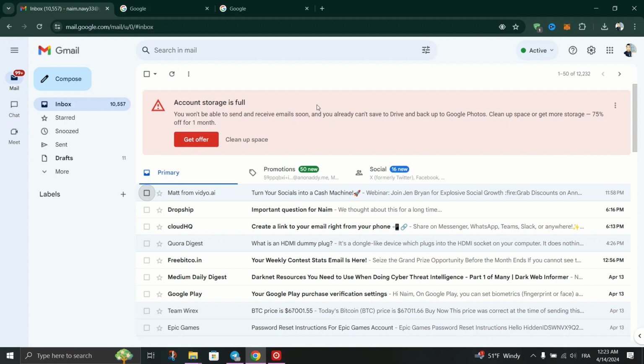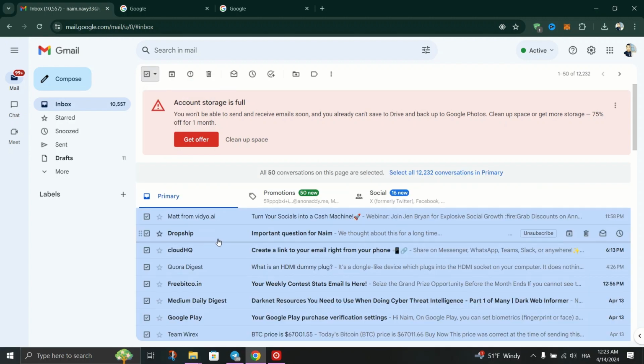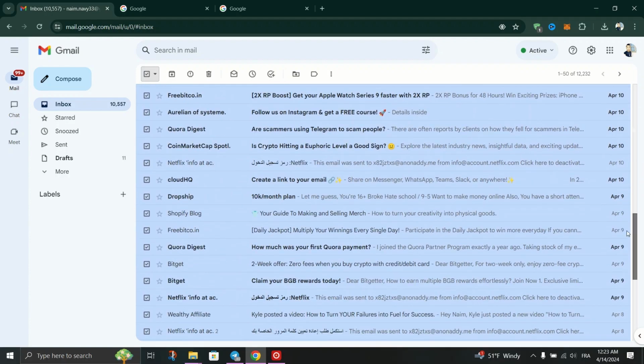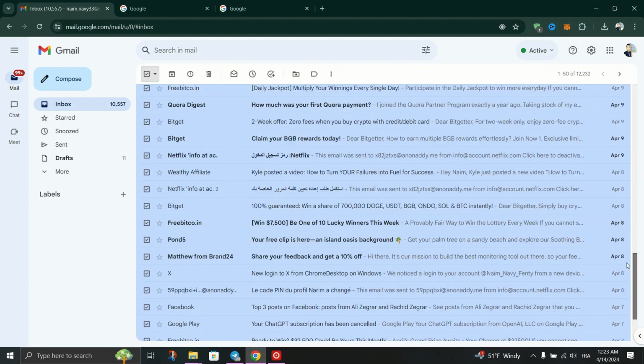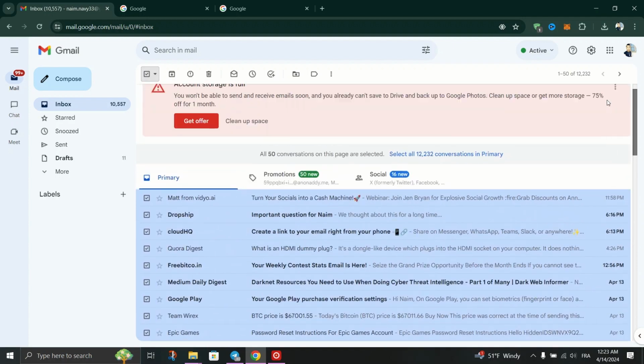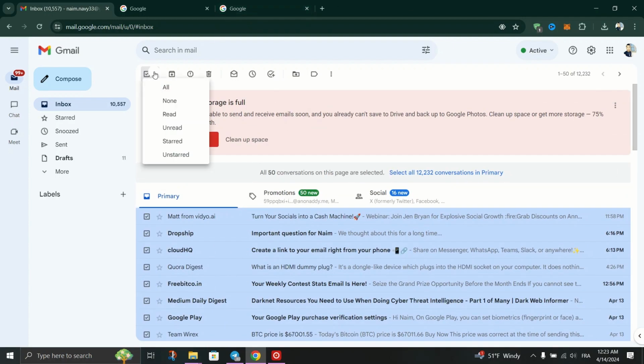Click on the label that contains the email you want to select. For instance, if you wish to select all emails in your inbox, click on Inbox. Right below the search bar above your emails, you'll see a checkbox. Click on this checkbox to select all the messages currently displayed on the page. Alternatively, you can click the arrow next to the checkbox to choose specified types of emails, such as read, unread,